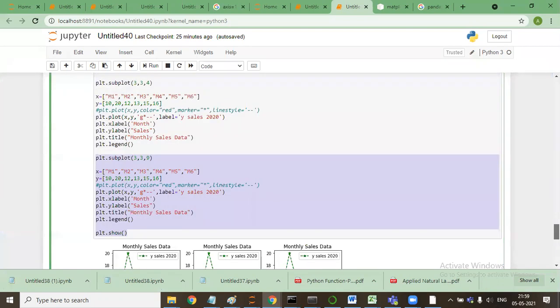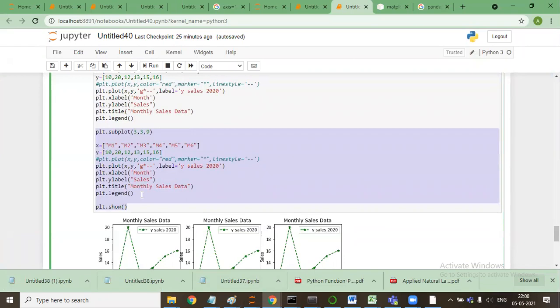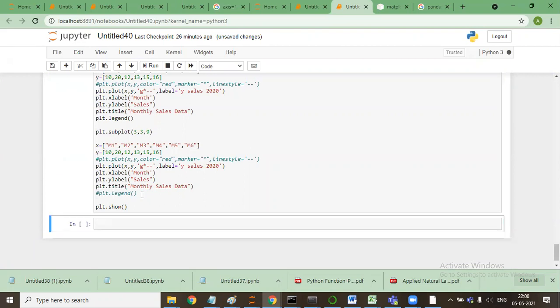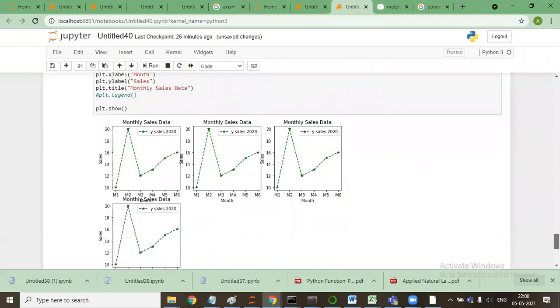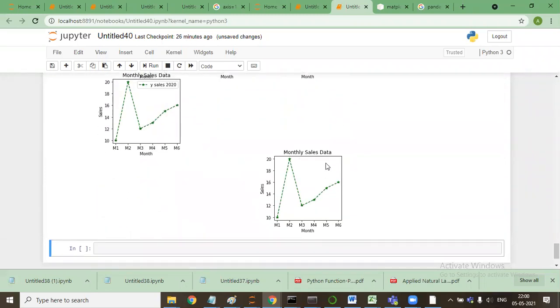If I remove the legend from here and press shift enter, in the ninth plot you will not get this value, that what this line is representing. But here you are getting this. So legend means what this line is representing. If we want to get it here, then we use legend.